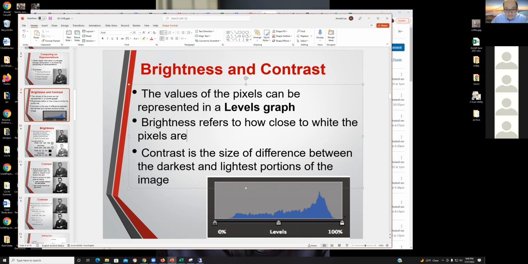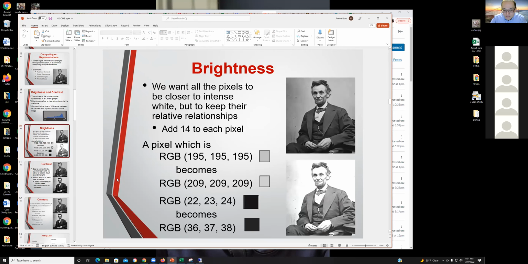Okay. Now the contrast, what is contrast? You can look at that as how sharply you differentiate between the darkest and lightest portions of the picture. So you can imagine if you play around with the difference, I'll call it delta, between the dark and the light, that's going to adjust your contrast, right? We'll talk to that in a second. So going back to brightness here,